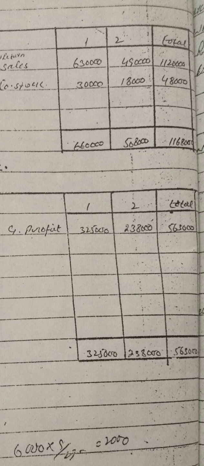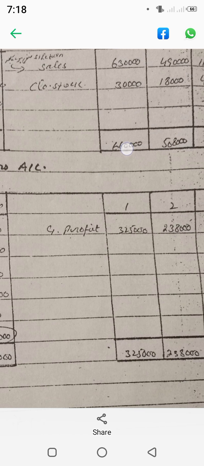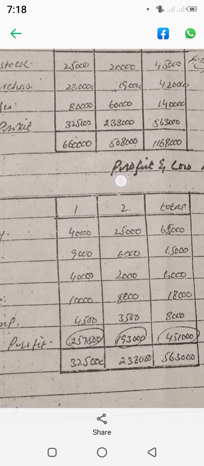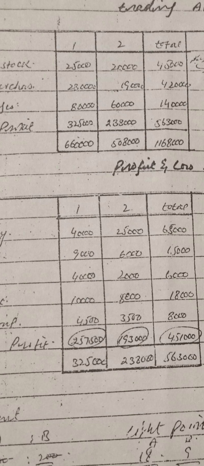63,000 plus 4,90,000 is equal to 11,20,000. The closing stock 30,000 plus 18,000 is equal to 48,000. Now the next step is to calculate the gross profit. So you just take 6,30,000 plus 30,000, you will get 6,60,000. You will deduct whole expenses, deduct 25,000, deduct 2,30,000, deduct 80,000, and you will get the gross profit for